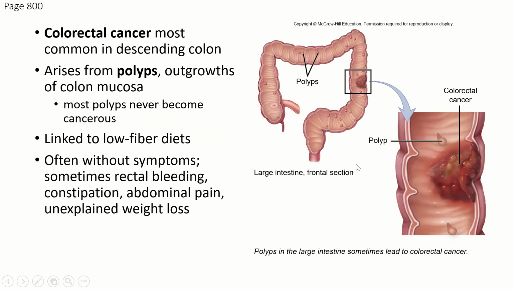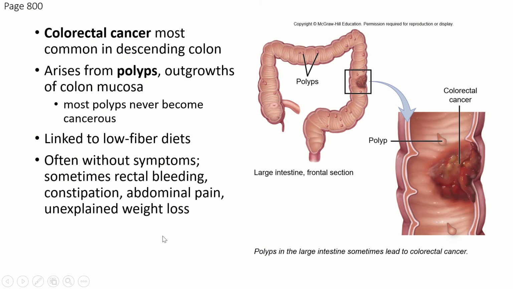The other thing that can happen is the development of groups of abnormal cells, which are called polyps, little tiny things like this. Most of them never turn into anything, but occasionally they can develop into colorectal cancer. This is a cancer developing in either the rectum or the colon. Polyps, most of the time there are no symptoms, and very often colorectal cancer doesn't even show any symptoms, which